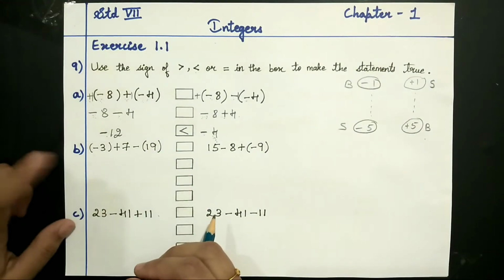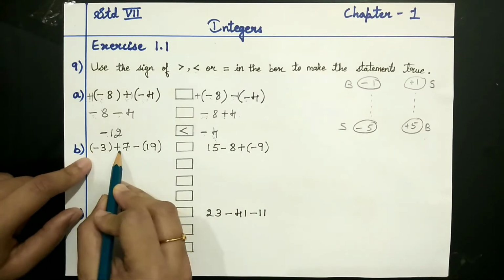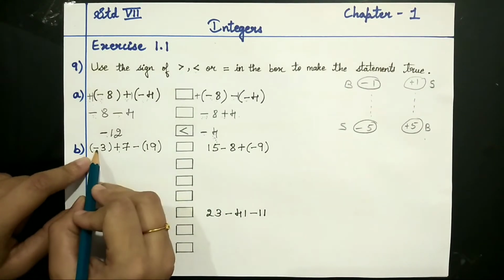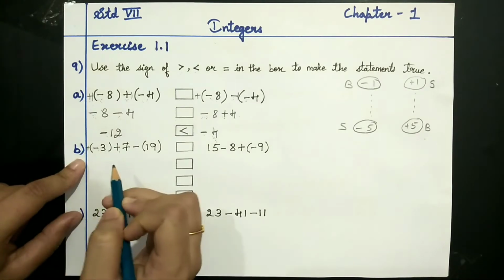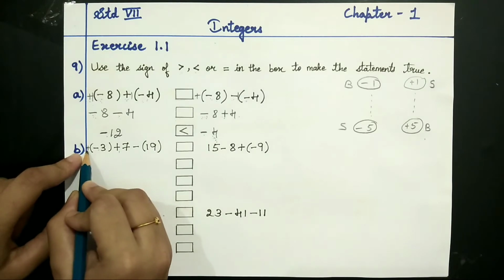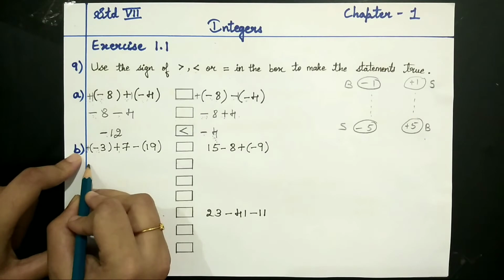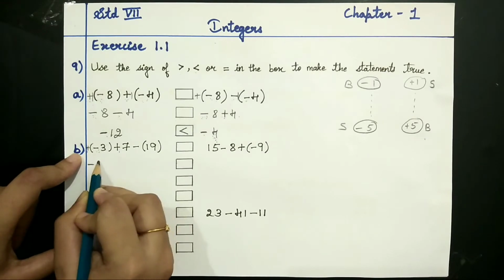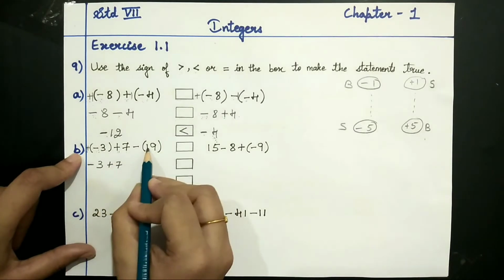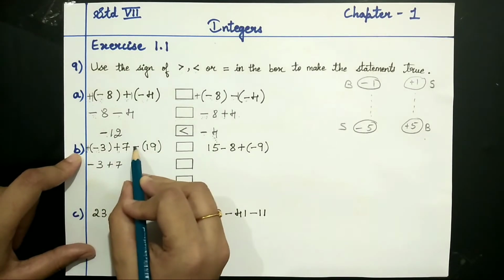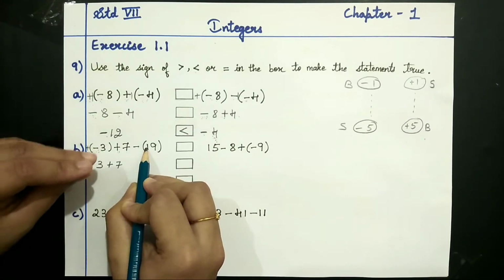Okay, next question number B. How have they given it here? Minus 3 plus 7 minus 90. Now see here, outside the bracket they have not given you any sign, that means it is understood it is plus. Okay, so outside the bracket it is plus, inside the bracket it is minus. So plus and minus, it is minus. Okay, and 3 ones is 3. Let me write this plus 7 as it is, because we have to focus on solving the bracket first. Okay, here outside the bracket it is minus, and inside the bracket they have not given you any sign. That means what?